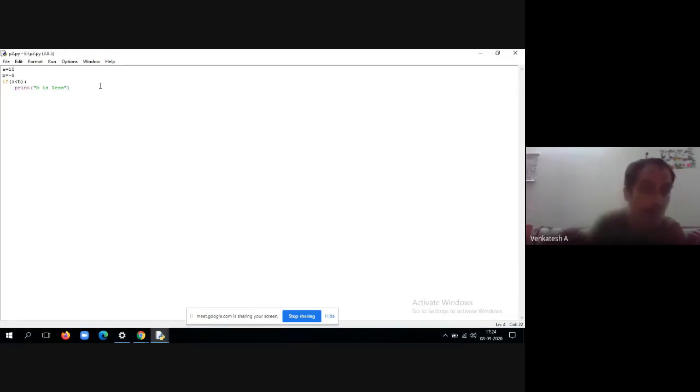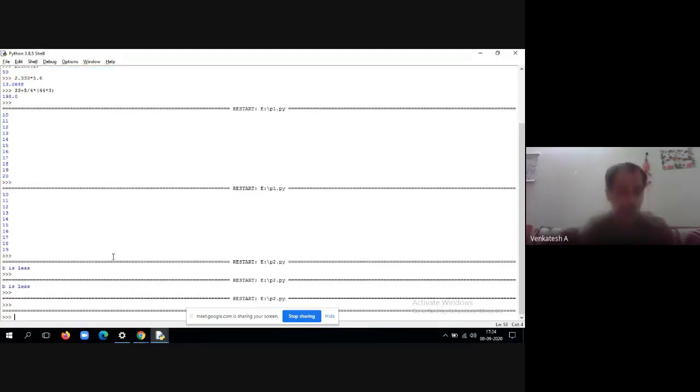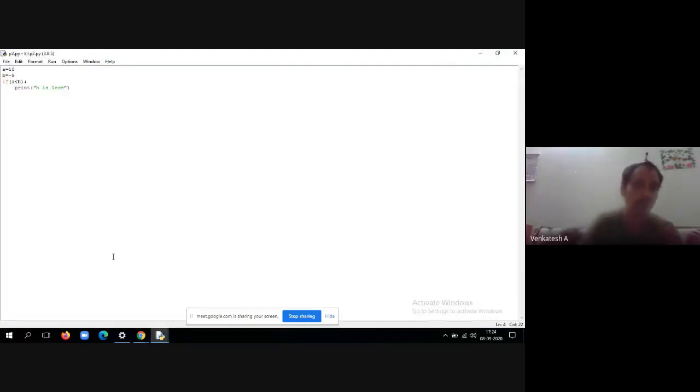If a is less than b, the condition is false, so it prints nothing. You can see here it prints nothing. So like this we need to use the if condition and for loop.